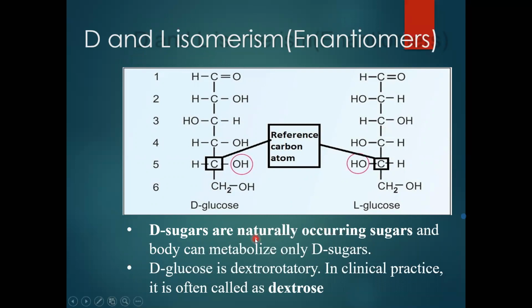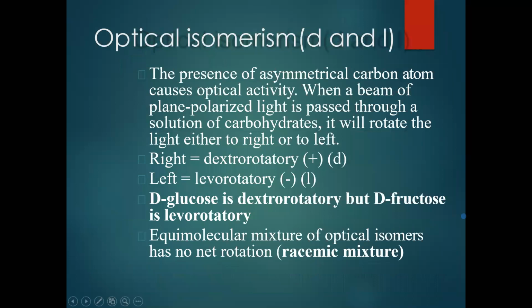So, these D sugars are the naturally occurring sugars in the body, and only D sugars can be metabolized. D-glucose is dextrorotatory. In clinical practice, it is called dextrose. Now coming to optical isomerism. We have to remember that the capital DL configuration is different from the small d, small l configuration. The capital D, capital L configuration mostly depends on the penultimate carbon atom and its chirality,